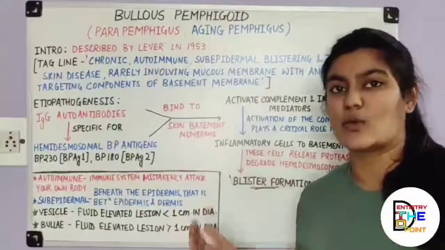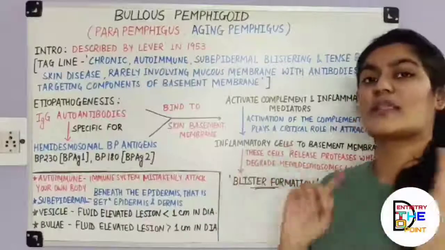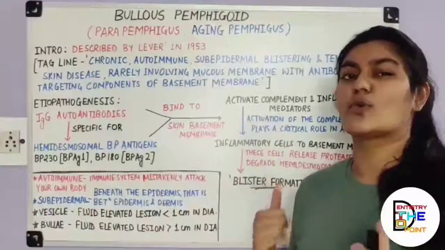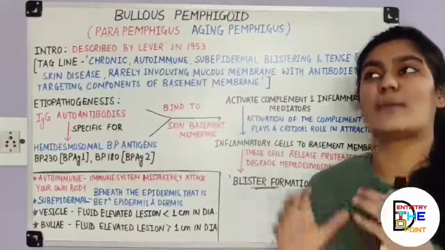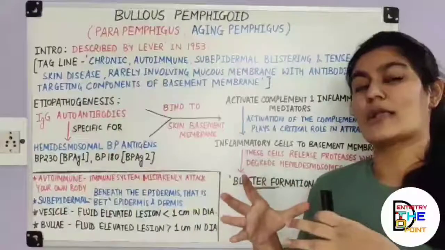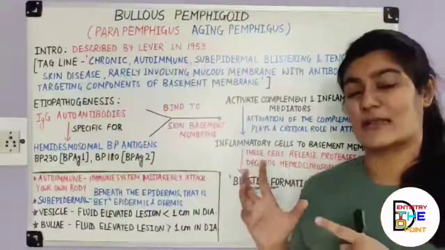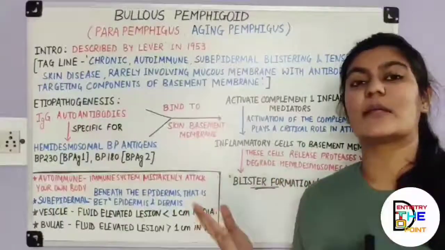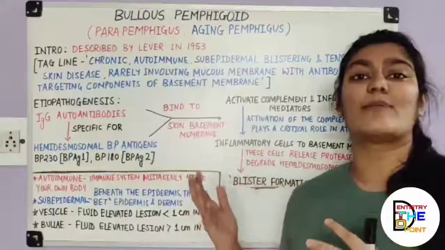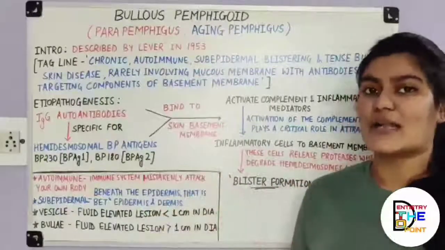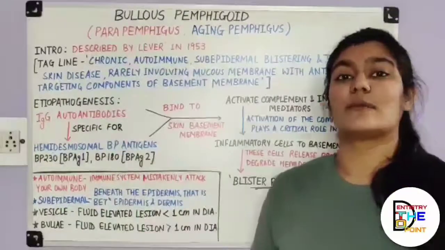Though I'm going to tell you in detail the difference between pemphigus and pemphigoid, if you watch that video first, I think the concepts are going to be more clear. So in this video, we'll start with pemphigoid. Pemphigoid is derived from the word pemphix, as we have read in pemphigus also. The word pemphix ultimately means blisters. So pemphigoid is in a way similar to pemphigus, but the differences are definitely there, which we'll see in the video. Pemphigoid is of several types, okay?